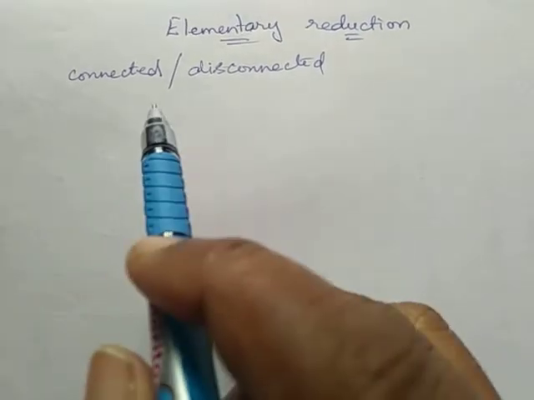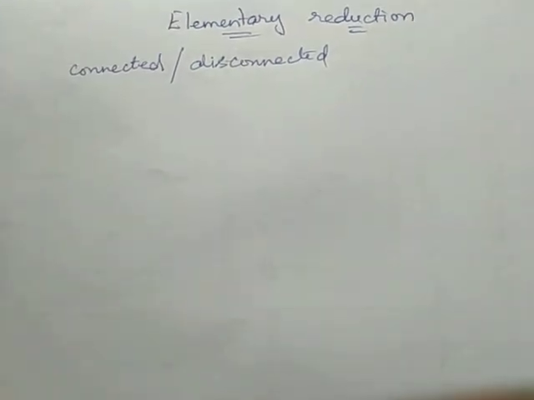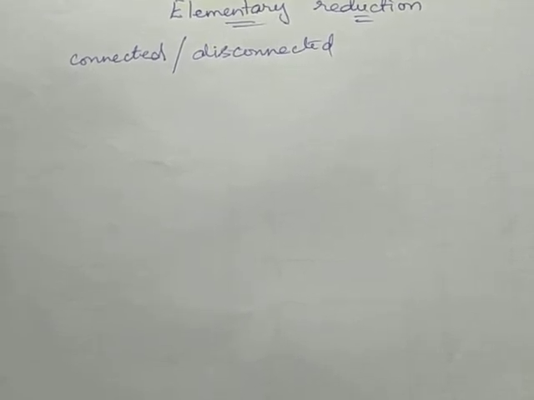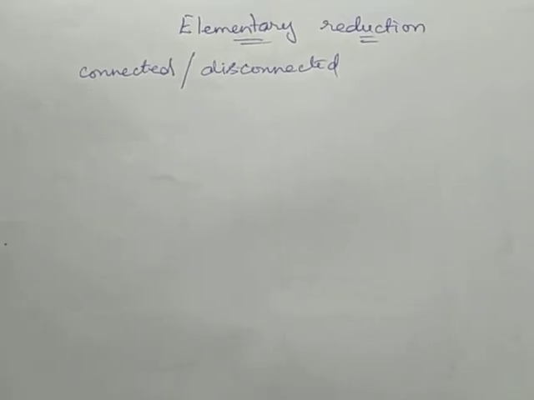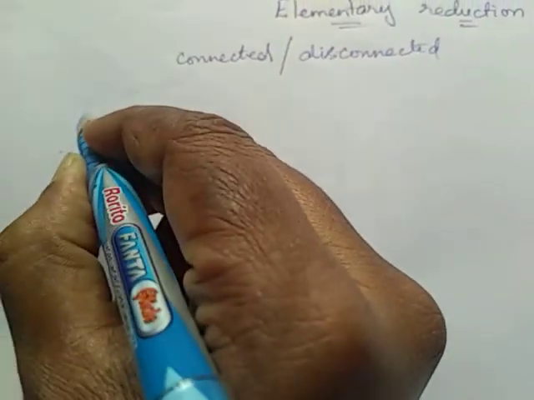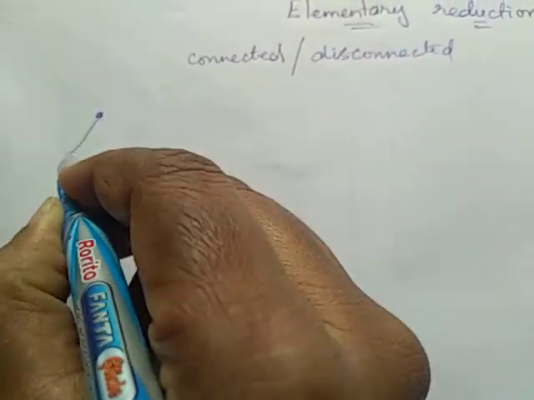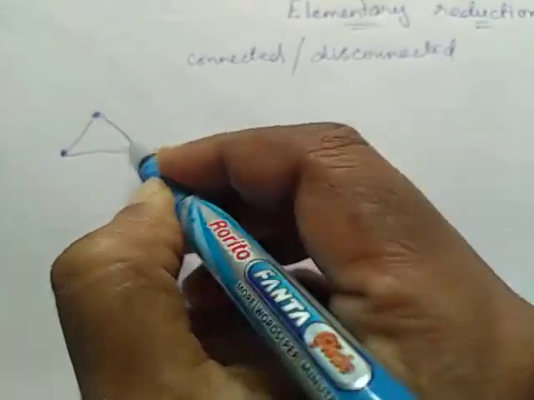Also, we can separate the graph into blocks. In those separated graphs, if its blocks are planar, then it is a planar graph. So, I'll explain using an example itself. Consider a graph.